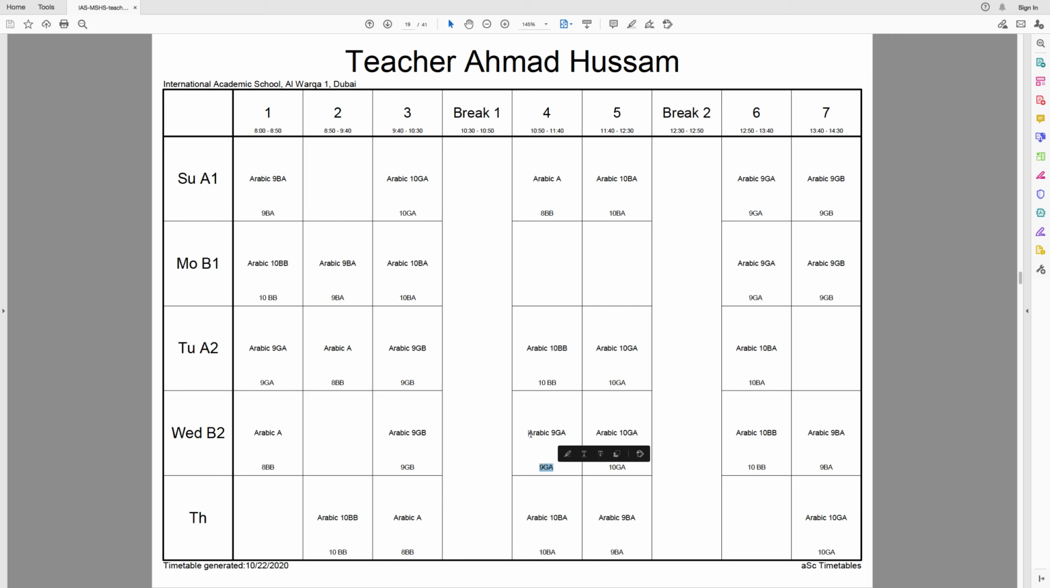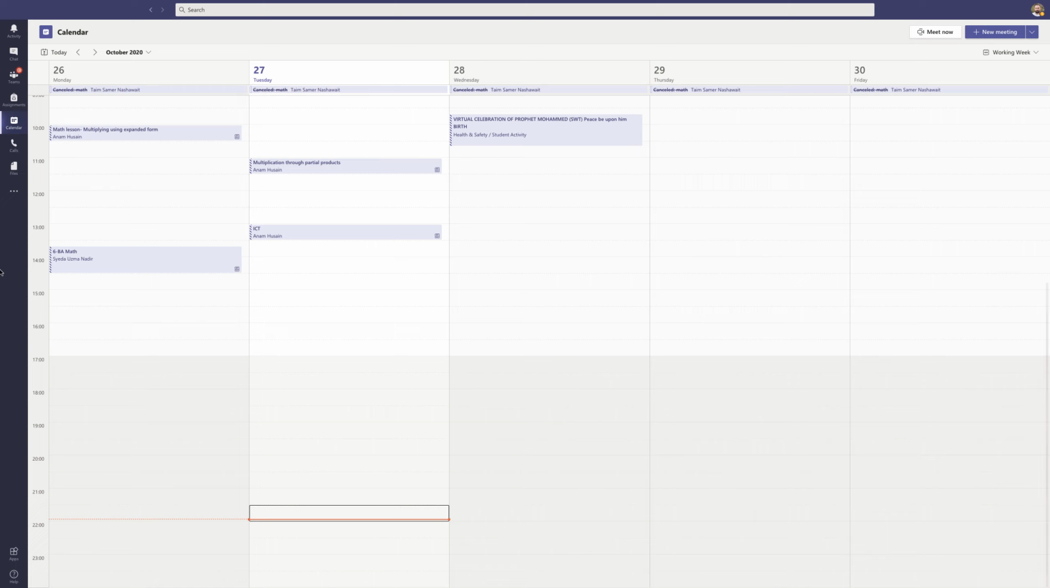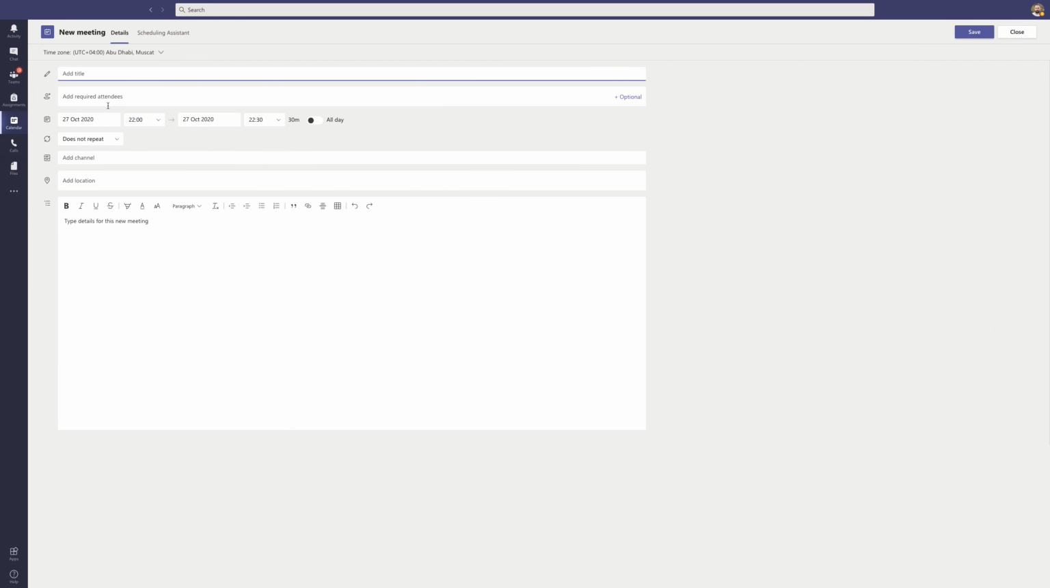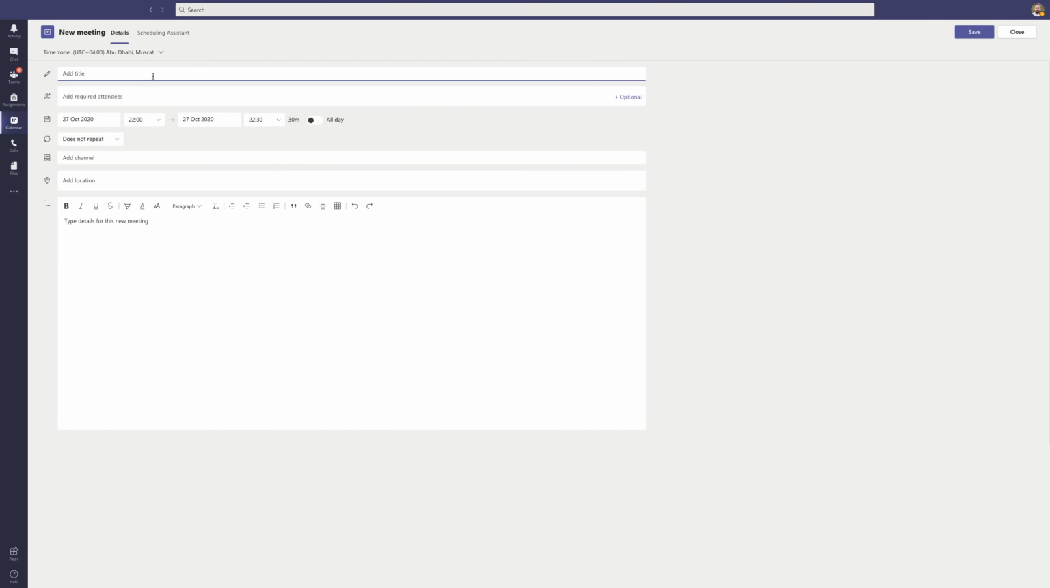So let's say I want to schedule this particular lesson, Arabic class for 9GA, on a Wednesday between 10:50 and 11:40. There are hours on the left and days on the top. I can just click the time slot, but to be more accurate, I can click the New meeting button on the top. Then for the title, since it's an Arabic class and it's going to repeat every week, it's more convenient to give a general name. So let's say Arabic